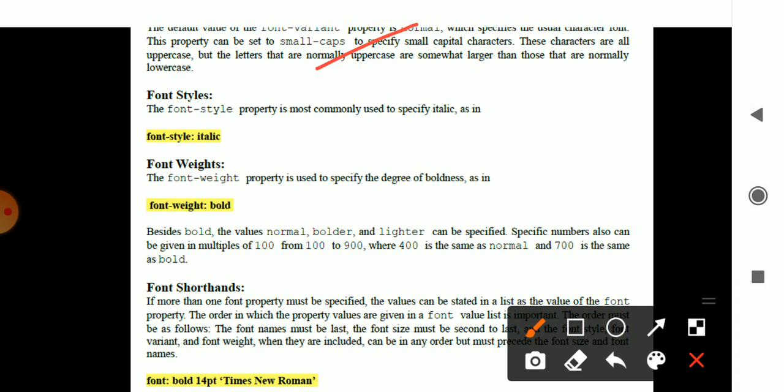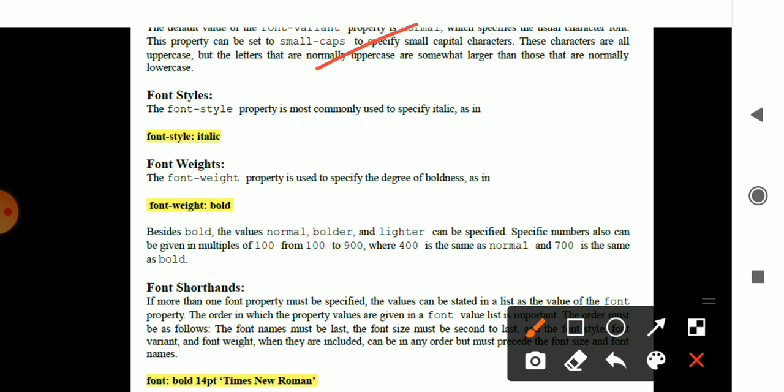Small caps means the letters have the capital format, but with a decreased size. So small caps, small lowercase, small uppercase, like that it can be specified.